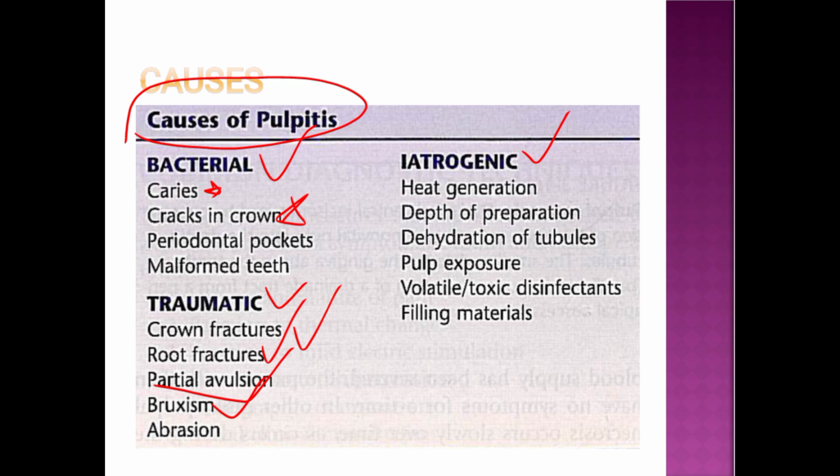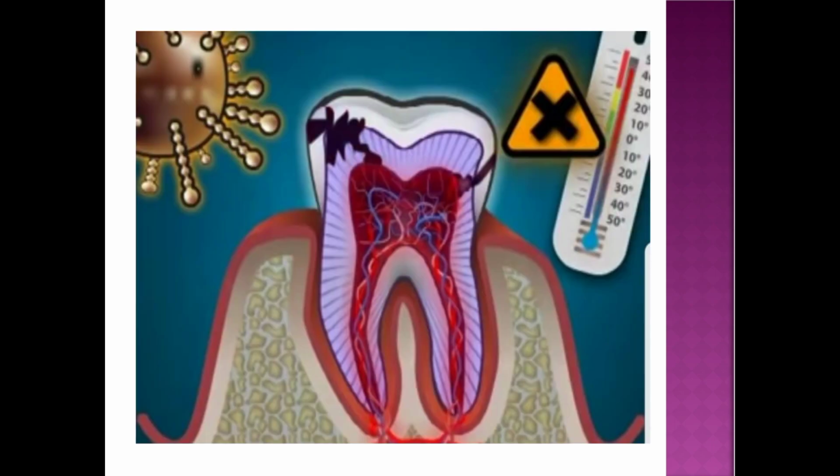Bruxism. Okay, abrasion occurs, and heat generation can occur during filling. The depth of preparation means dehydrated tubules, and the pulp when it is exposed. Toxic disinfectants can cause damage, and filling materials like amalgam can cause it. Okay, now